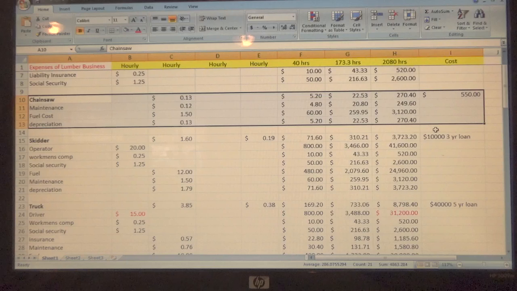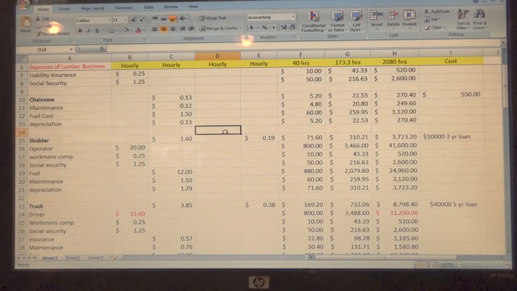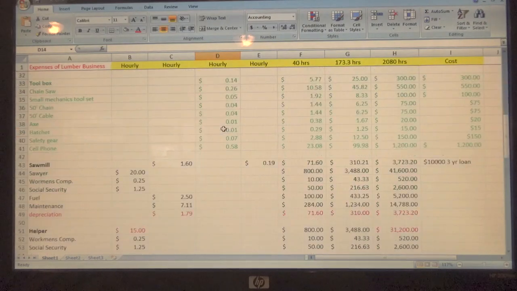Now that's one way. Now if you have more chainsaws, you can put depreciation here to add up to more saws to help you get paid for. But let me show you a more fair way to look at this. If you look at what I have in the green here,